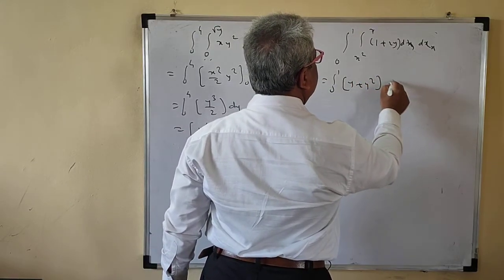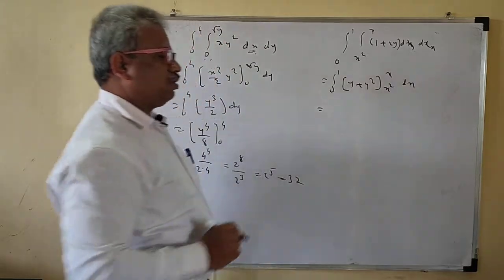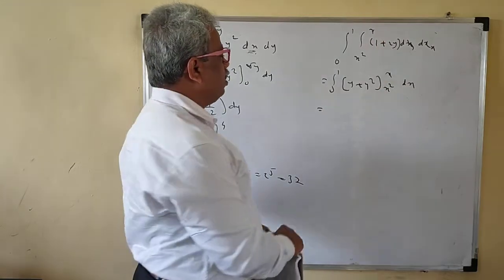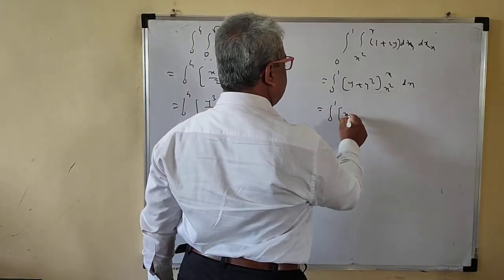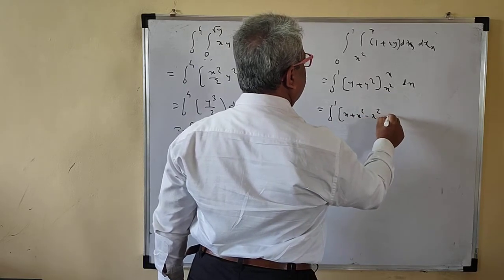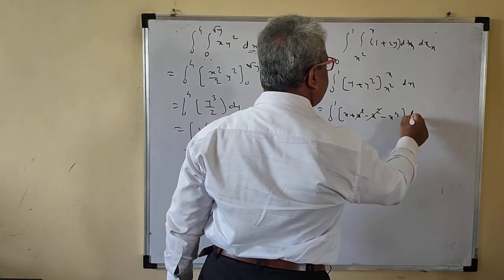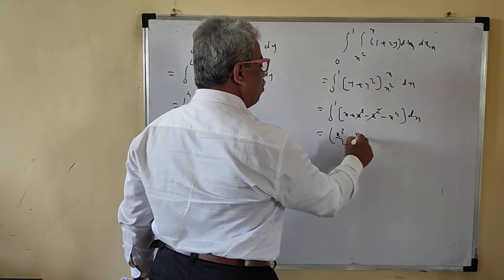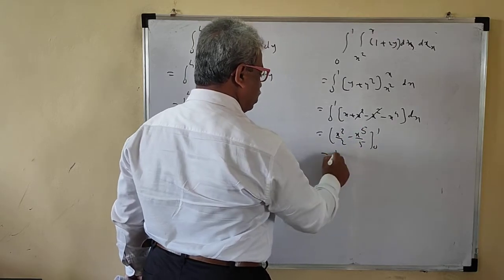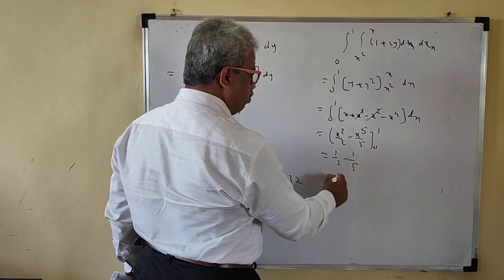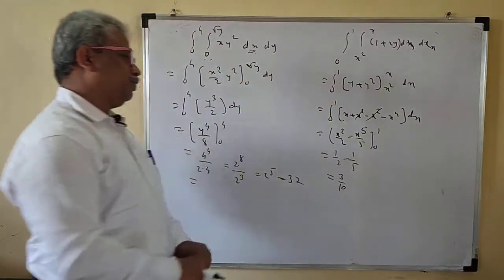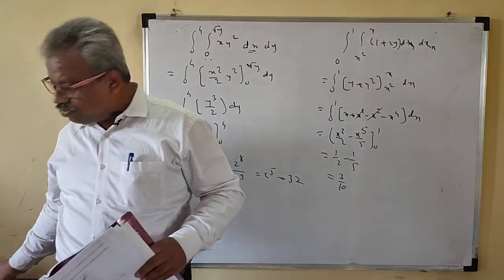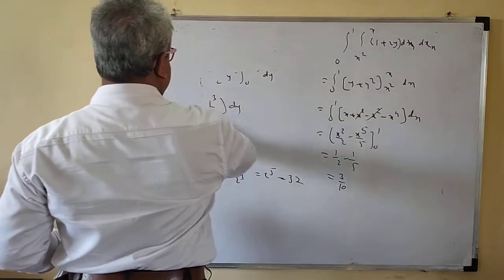From x square to x, dx. Integration of 1 is y, integration of twice y is y square. So this is then from 0 to 1, x plus x square minus x square minus x raised to 4. So your x square gets cancelled. No need to simplify this, directly we will integrate this. This is x square upon 2 minus x raised to 5 upon 5, from 0 to 1, which is 1 half minus 1 by 5. So this is 3 by 10. In this way we can easily evaluate such types of integrals.